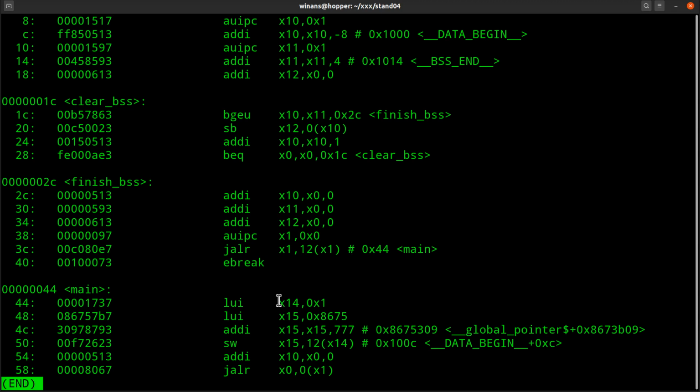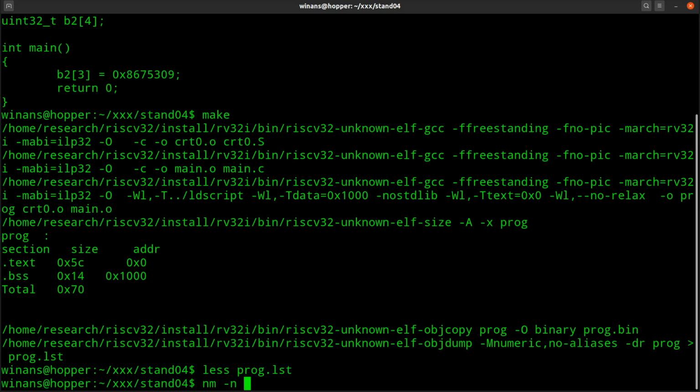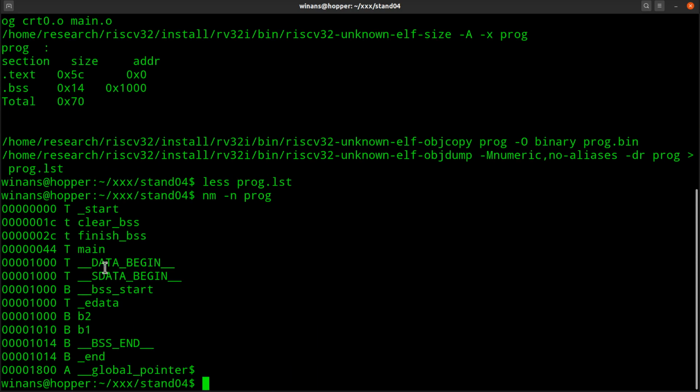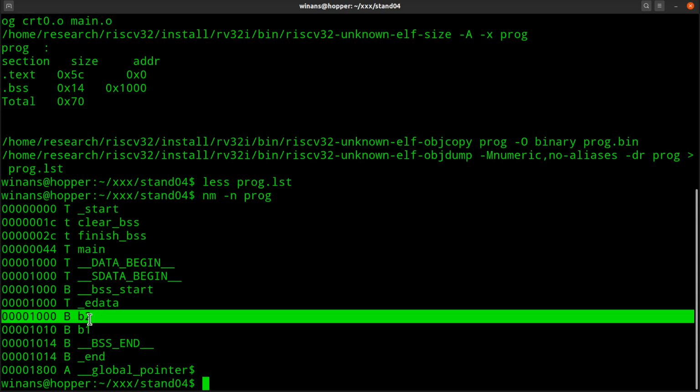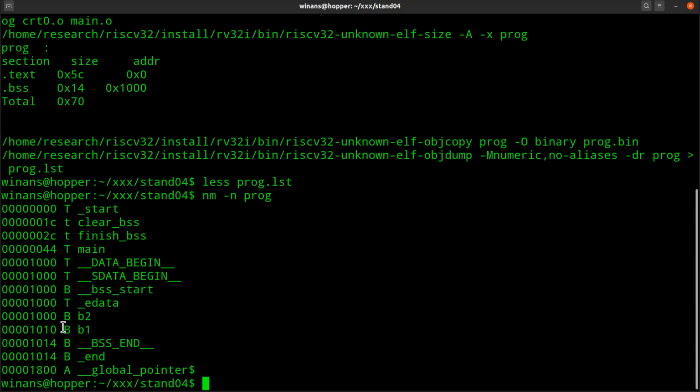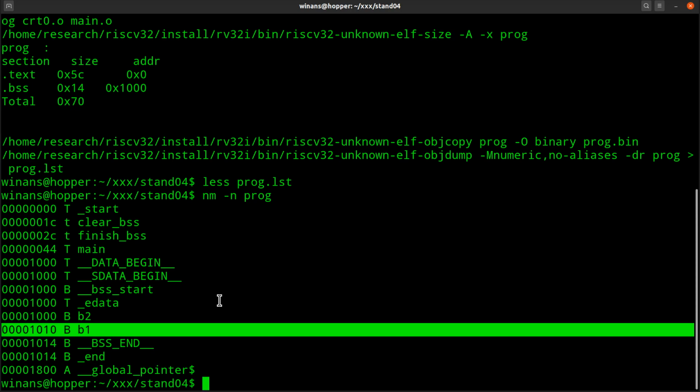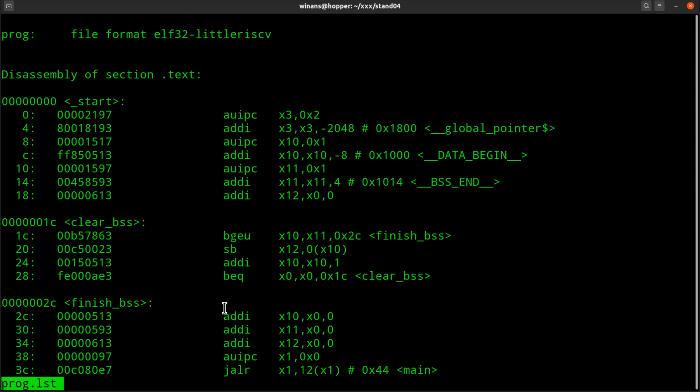Main has to actually do some real work now. So you see it doing a couple of things. It's going to put what it did, a lui of 1 into X14, which is really going to store 1 with 3 zeros after it, okay? Which coincidentally is the starting address of the BSS. Minus N prog. We can look in here and surprise, surprise. So that is where the BSS starts. So certainly the B2 variable, and the B1 starts at 1010 in hex. So we'll see that get used